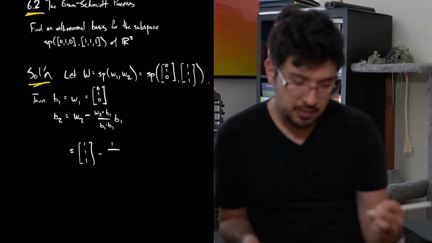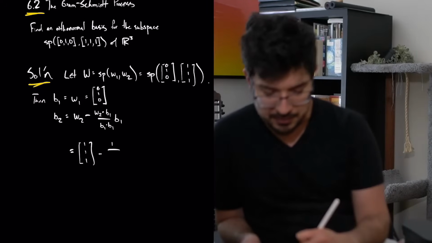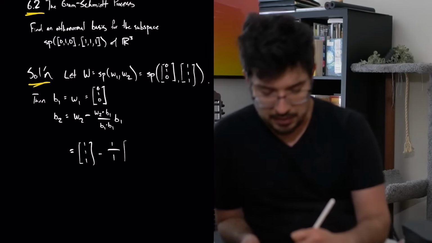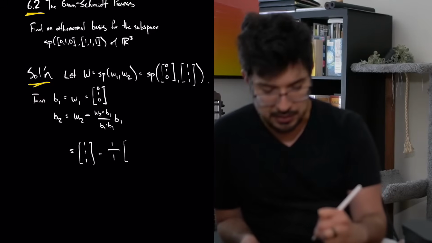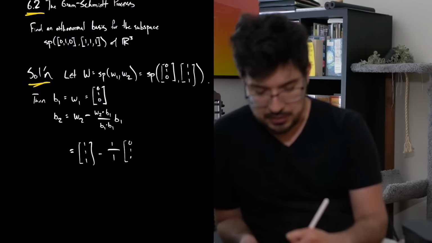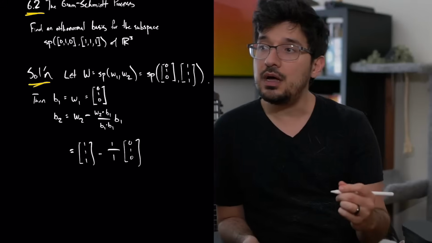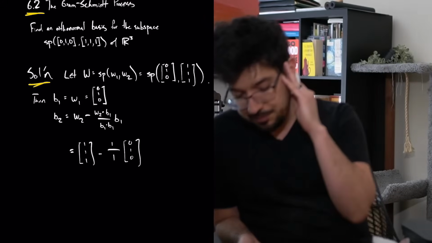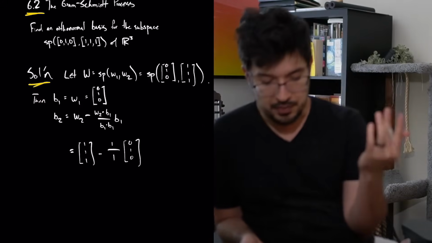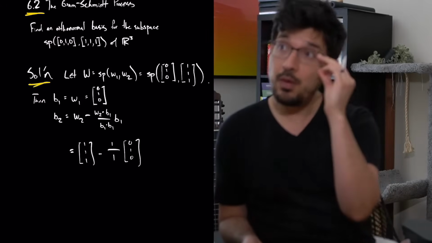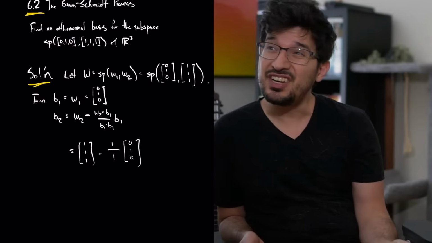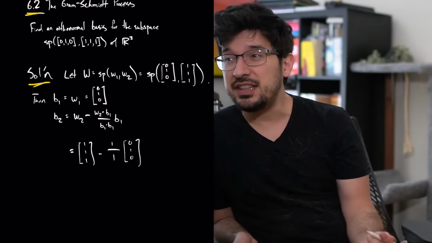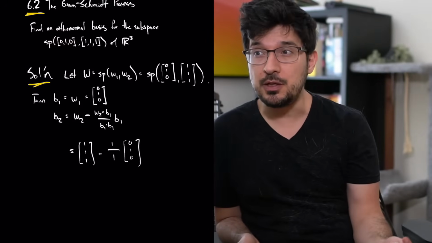The dot product of B1 with itself is 1, times vector B1, 0, 1, 0. I'm using B to mean an orthonormal basis. I don't know if there's a good standard notation that implies orthonormal basis,